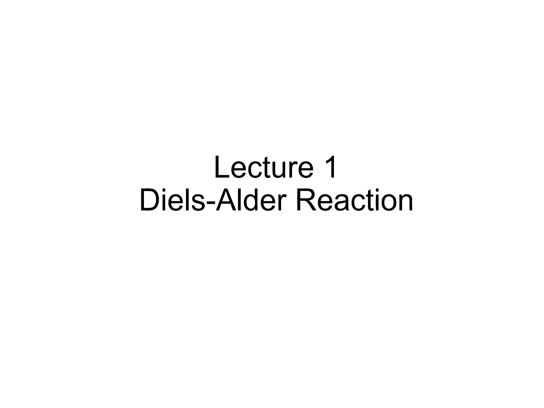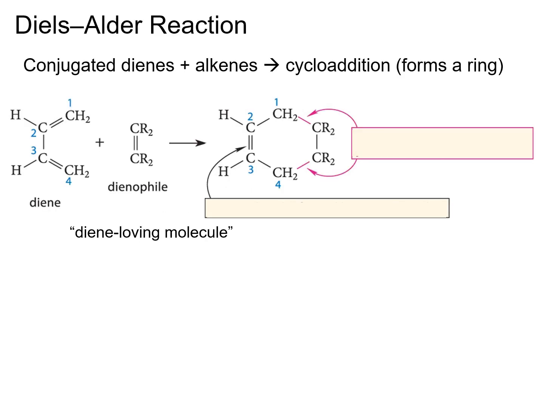This video is going to look at the Diels-Alder reaction. The most important reaction in chapter 15 is called the Diels-Alder reaction. It involves taking conjugated dienes and alkenes and adding them together to form a cycloaddition product, which means you're forming